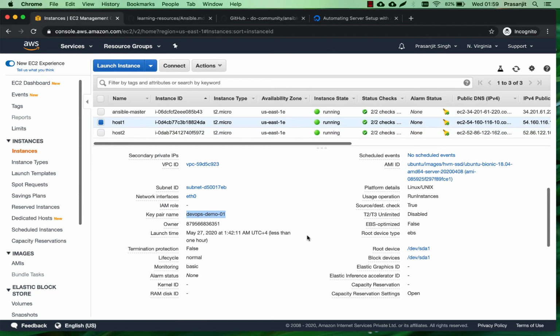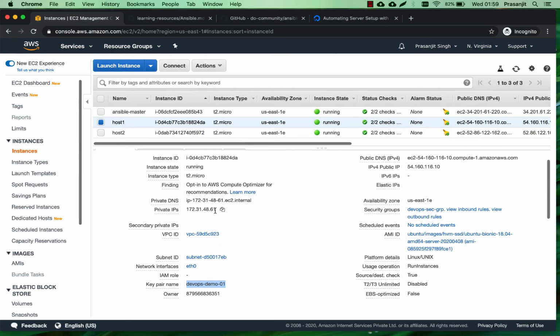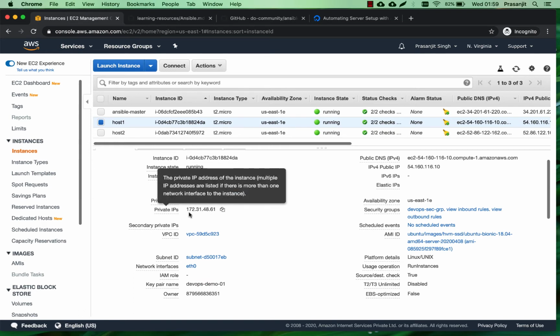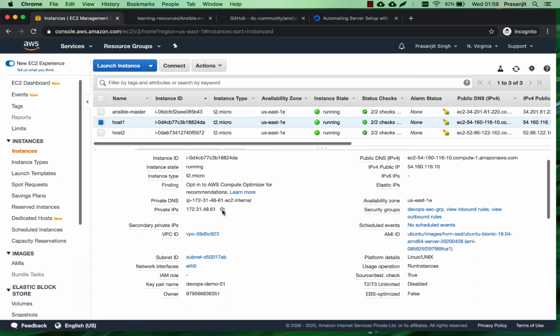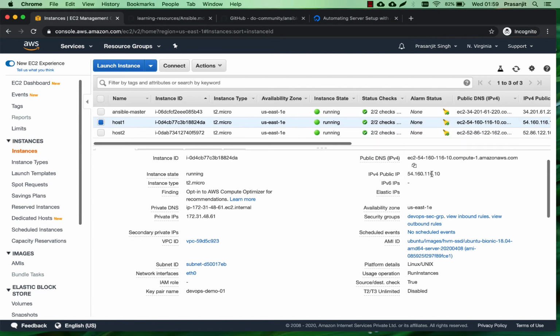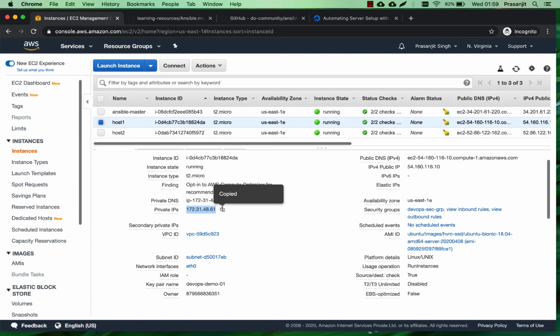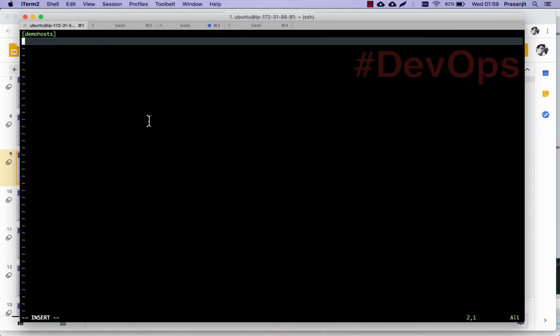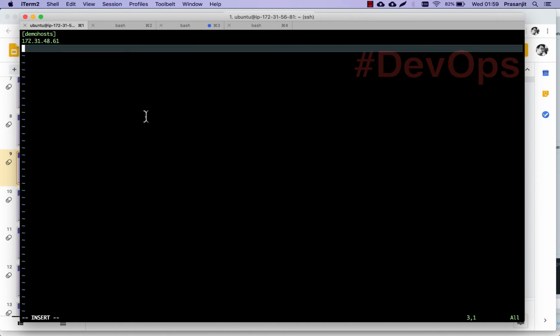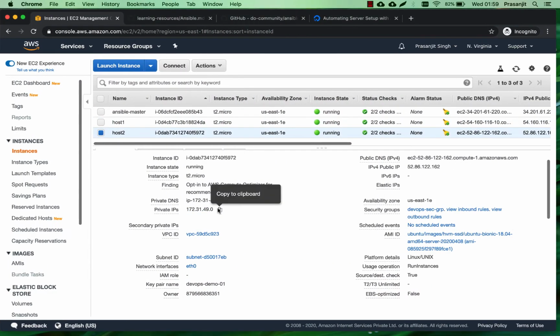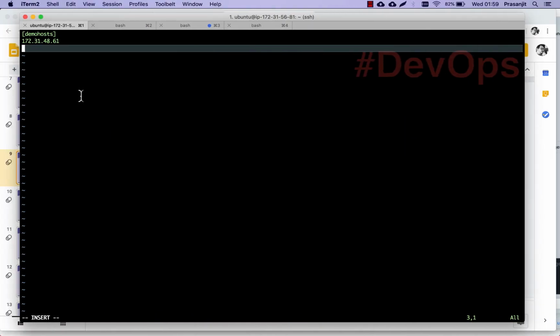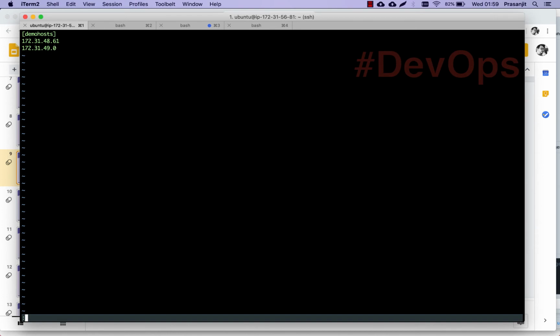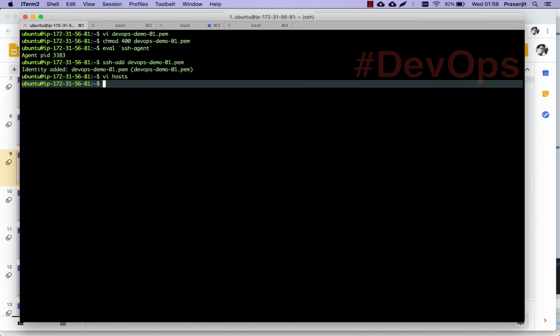Host 1 has an address of this. It's good to take private IP addresses so that there would be connectivity between these instances without going through the external internet. So I take the private IP address of the host 1 and put it inside the host file, and on the next line I take the private IP address of the host 2 and put it in this file. So once this file is saved, we are all good to start our